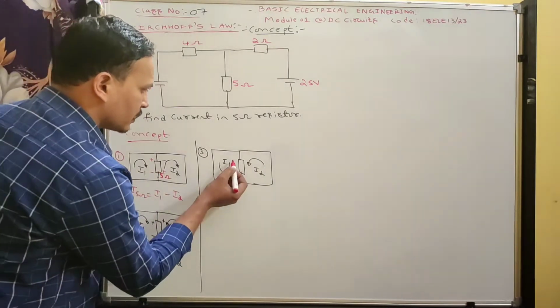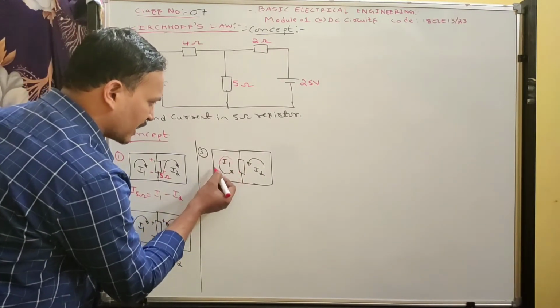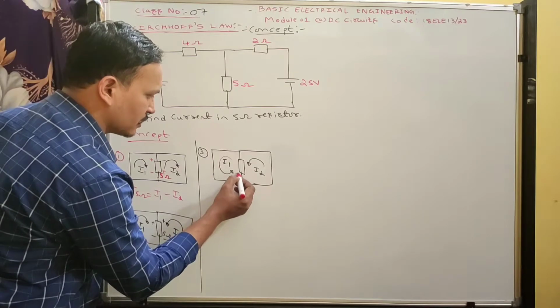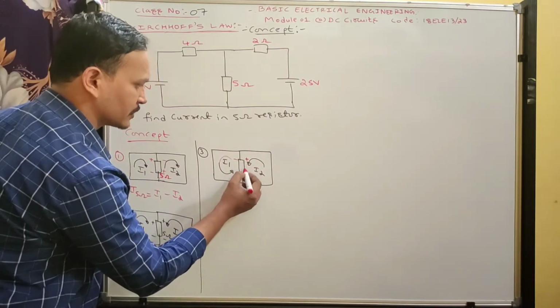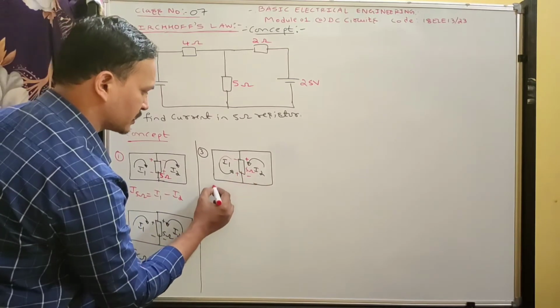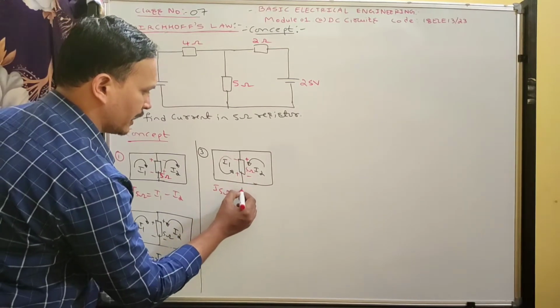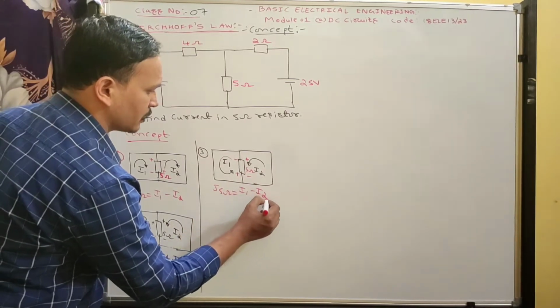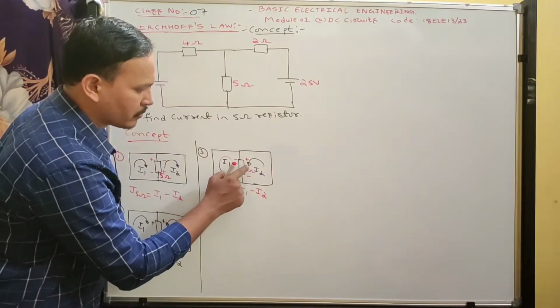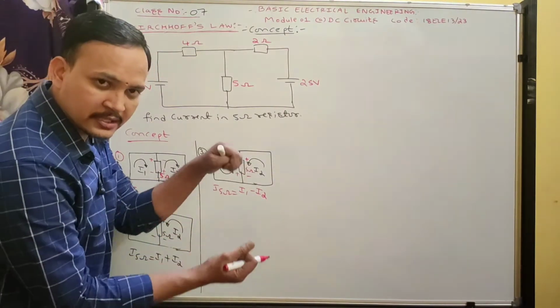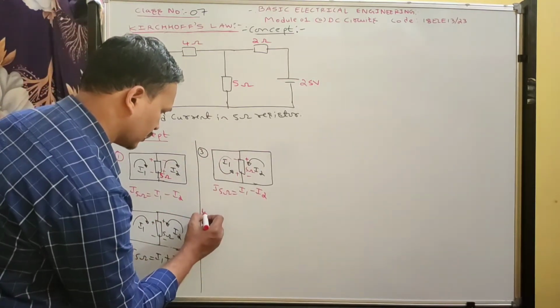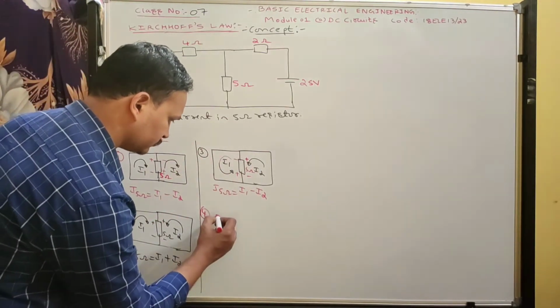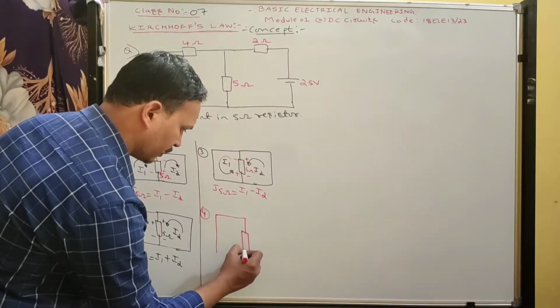See now, continuation. It will become like this. Now current is entering here, mark plus, leaves minus, and I2 current is entering here, plus and leaves minus. Therefore, what is current flowing through the 5 ohm resistance for this figure? I1 minus I2. Look at here, both the current arrow marks are opposing each other. Therefore, you get I1 minus I2. Next, concept number 4, middle resistor.